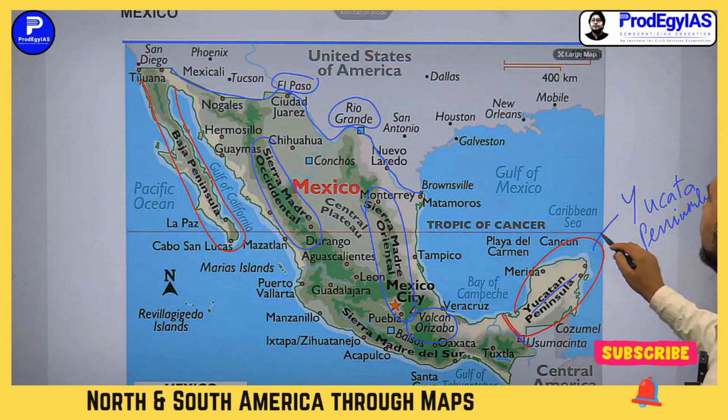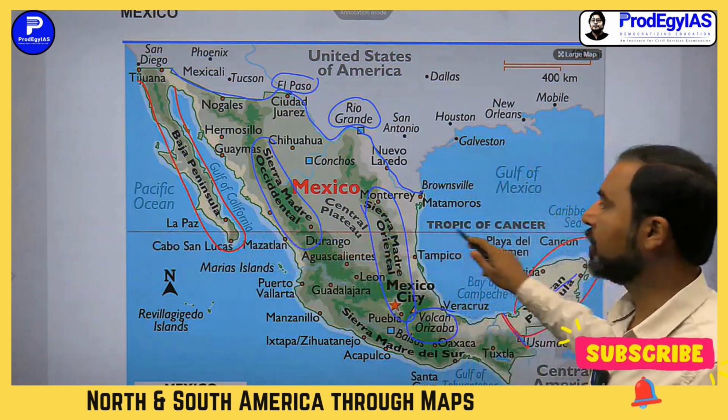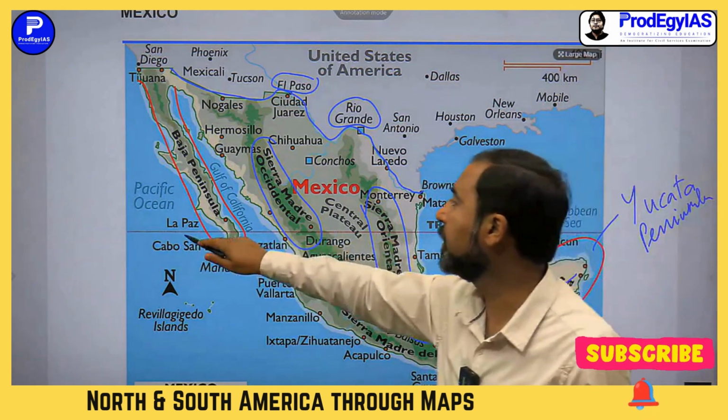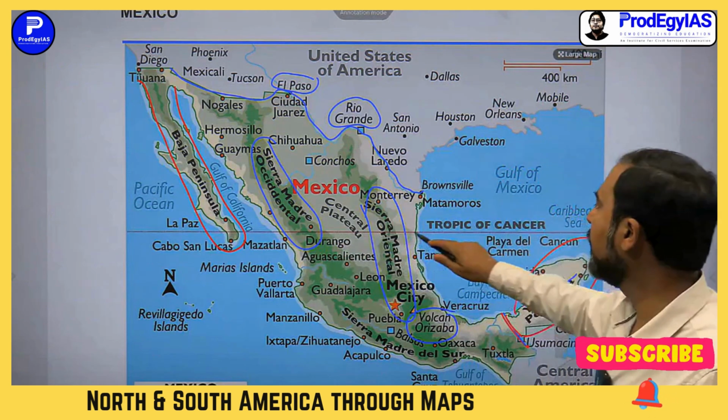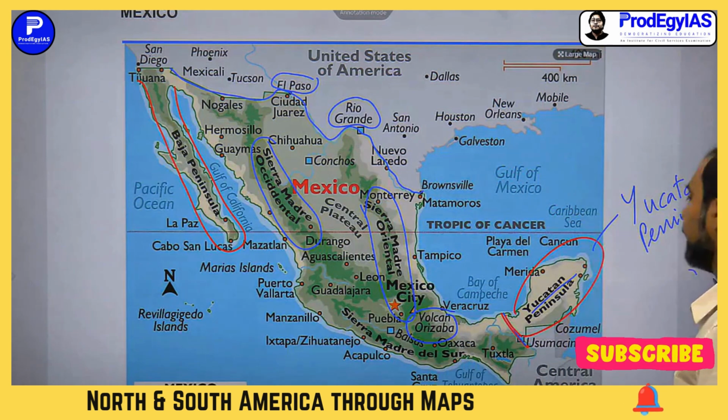Then you can see that Tropic of Cancer passes over this part of Mexico, Tropic of Cancer, ठीक है। ये बाजा कैलिफोर्निया से और इसके मिडिल से जस्ट नॉर्थ ऑफ युकाटान पेनिनसुला।